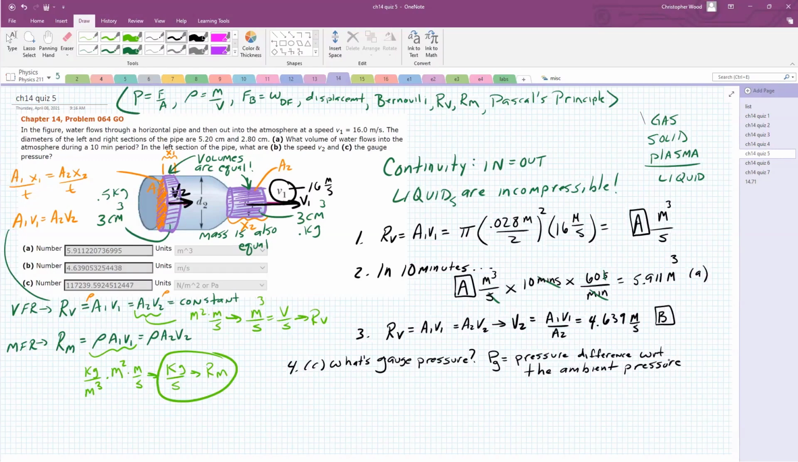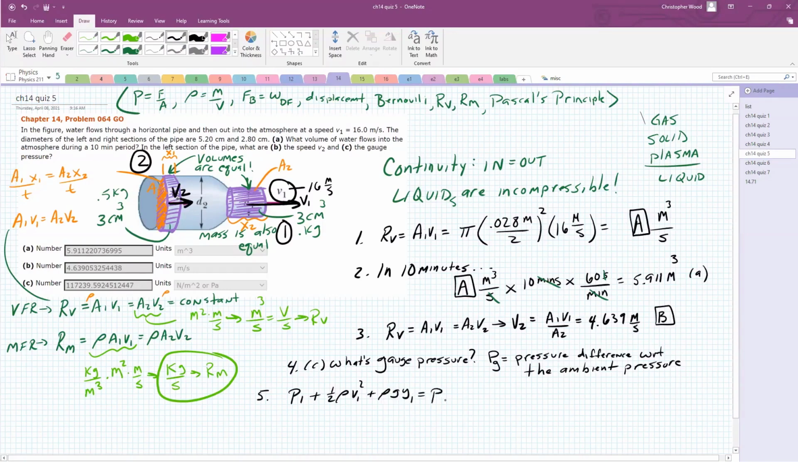So let's do Bernoulli to get the gauge pressure. Do I need Bernoulli? I do, I think. Okay, so number 5. Here's Bernoulli. This is energy state 1 right here, the narrow pipe. The wider pipe is energy state 2. Here comes Bernoulli. Ready? Pressure energy density plus kinetic energy density plus gravitational potential energy density equals pressure energy at energy state 2 plus kinetic energy density plus gravitational potential energy